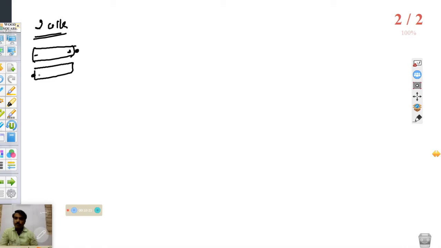Okay, next concept. In the previous class, I gave the example of an electronic remote control. Usually in a remote control, two cells are used, and how do we connect those two cells? One cell is in this form, with positive here and negative here. Another cell is in this form, reversed, with positive here and negative here.